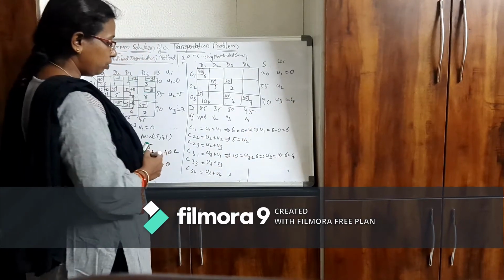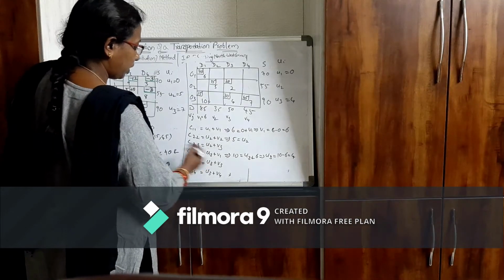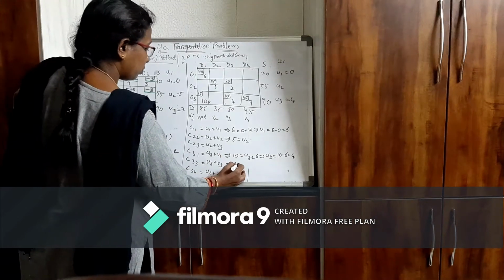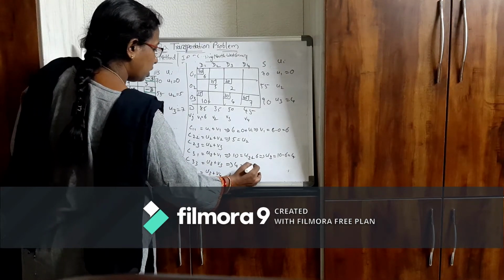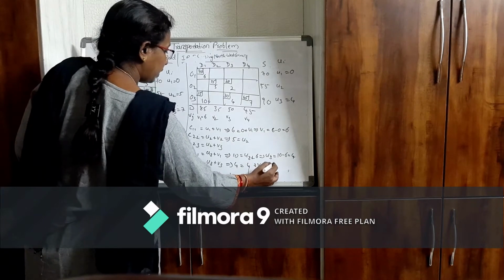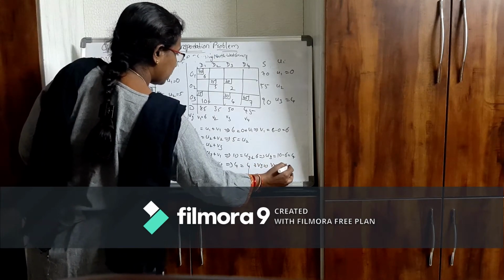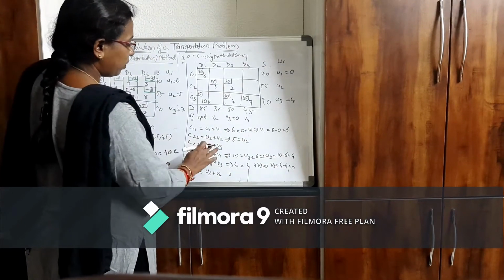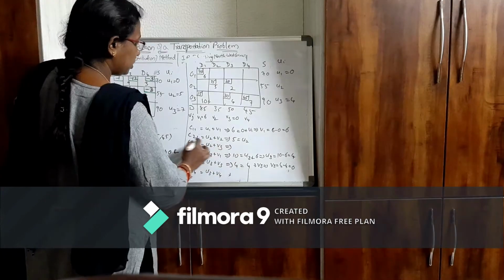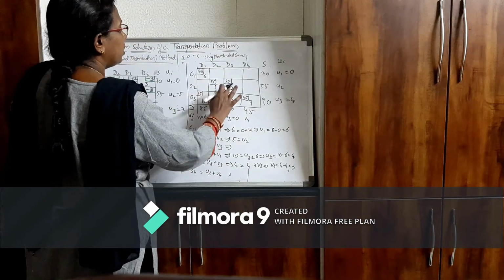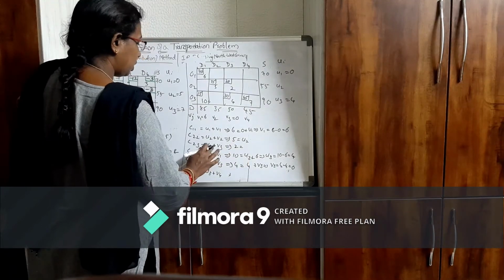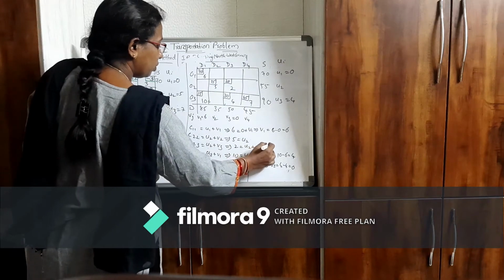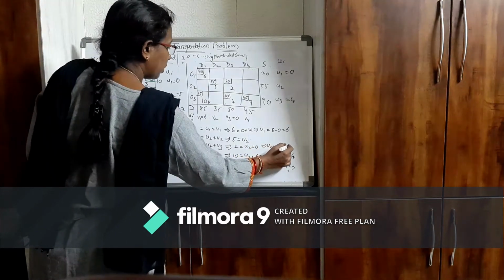Now we have U3, here you have U3, we can use this. C33 is how much? C33 is 4. So 4 is equal to U3, which is 4, plus V3, which we don't know. So V3 is equal to 4 minus 4, which is equal to 0. Now here I can substitute that V3. C23. C23 is 2. 2 is equal to U2, which we don't know, plus V3, which is 0. So how much will be U2? U2 will be 2 minus 0, equal to 2.